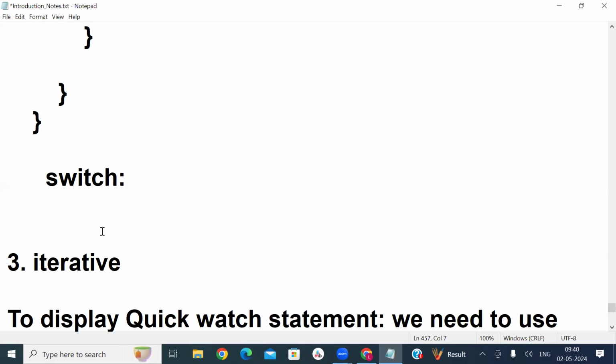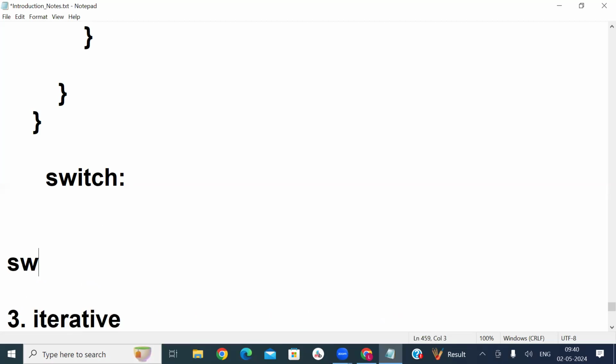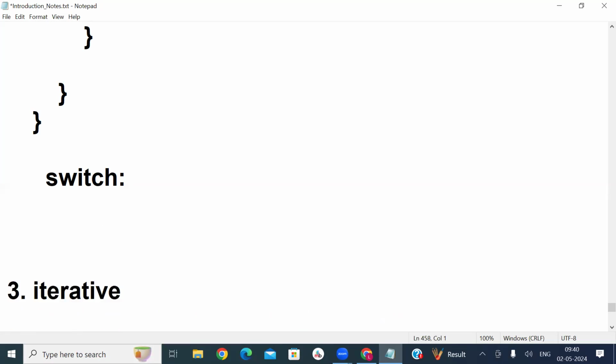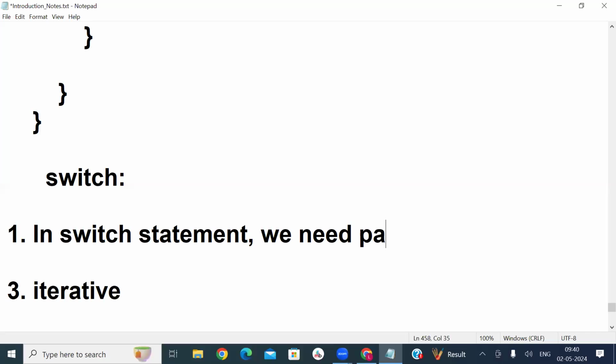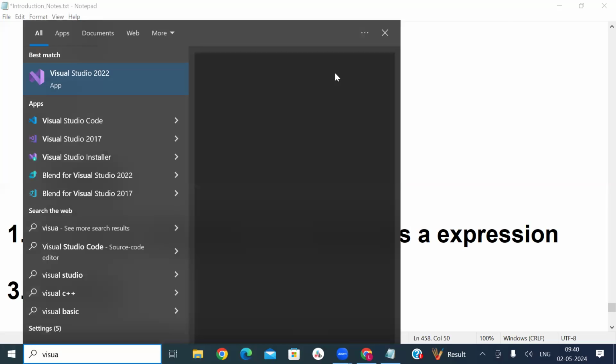In switch, basically, in a switch statement, we need to pass an expression, right? Now, in the Visual Studio Code,